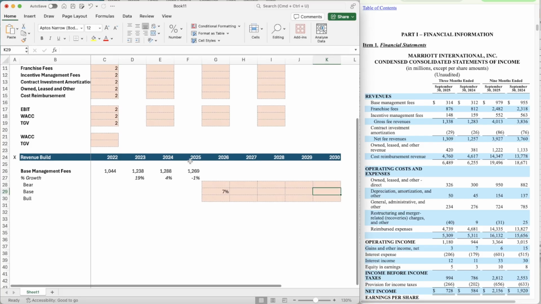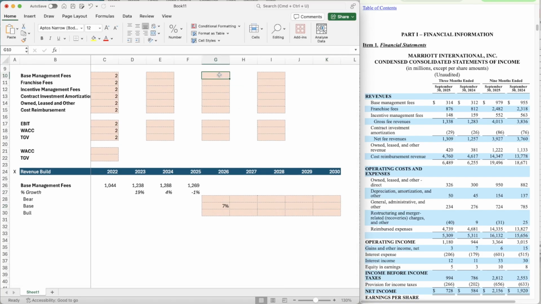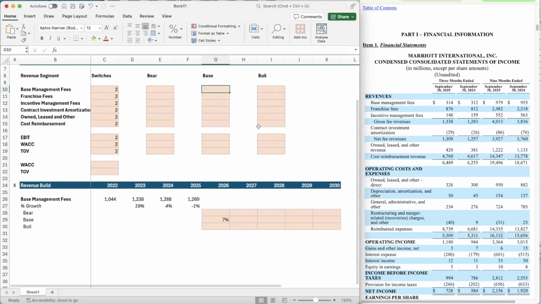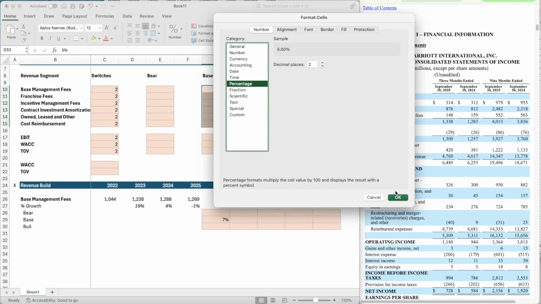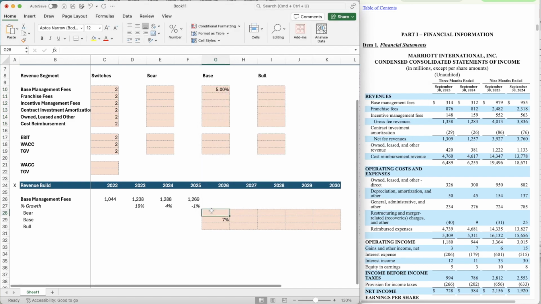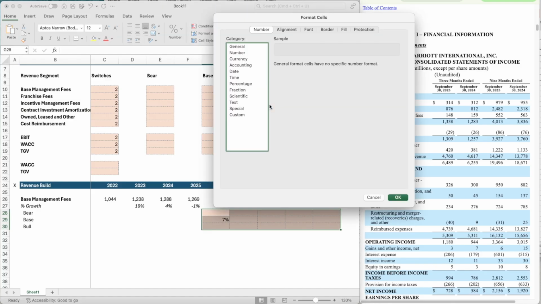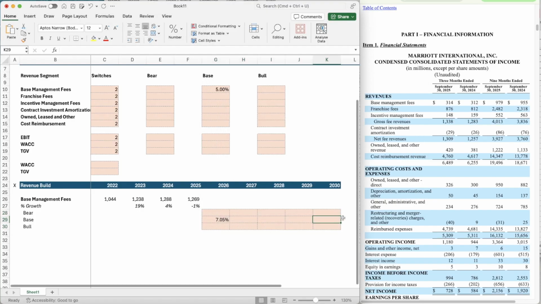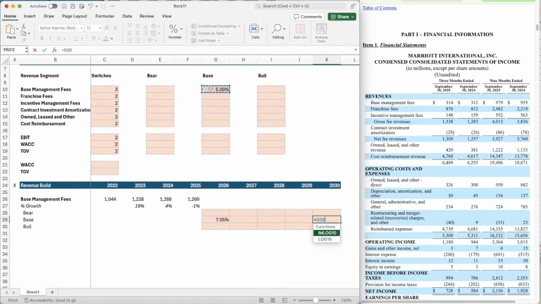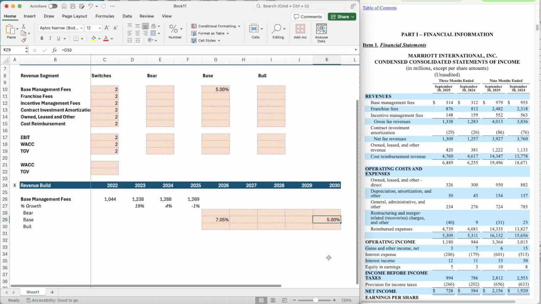There's quite a lot that fall under the umbrella. We would expect, let's say these base management fees, let's say they go to 5%. Format this so that it is two decimal places. Equals G10. Or well, certainly on mine, this cell. Make sure this is equal to this, because when we update these, we want it to update dynamically in the